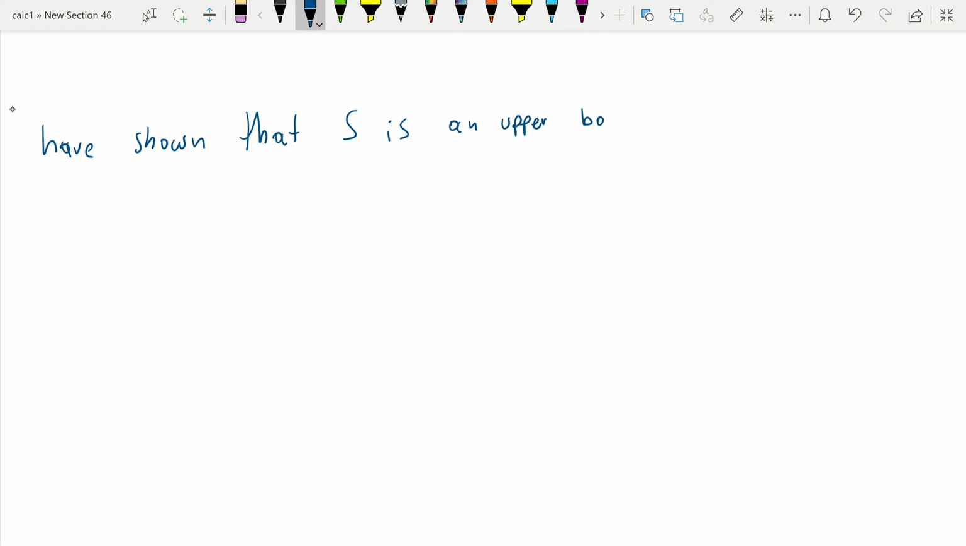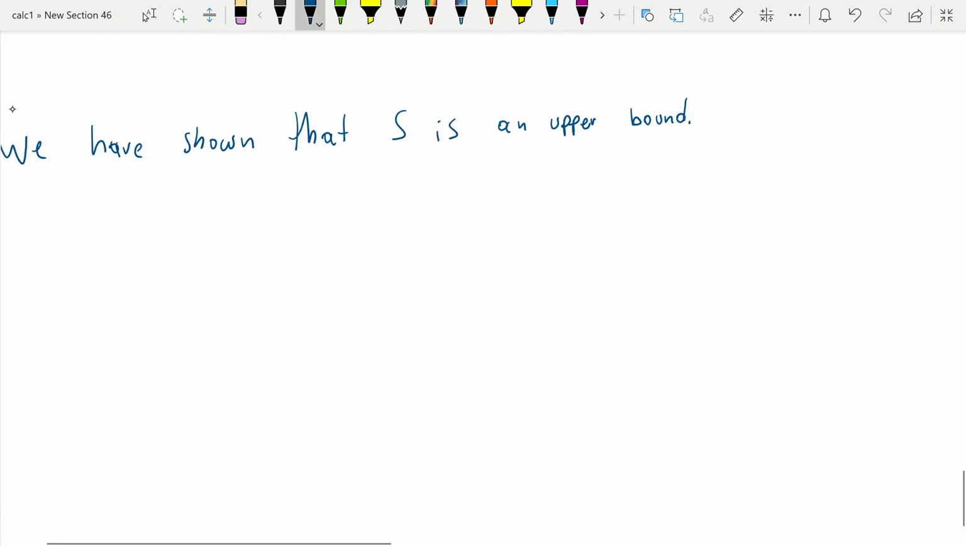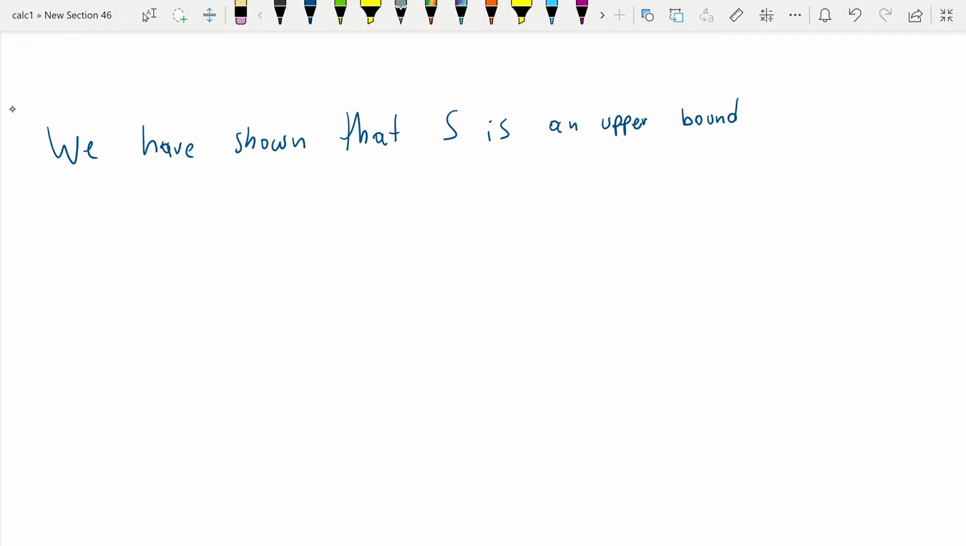It's an upper bound. And so that means that if we want to show that it's the least upper bound, we can proceed directly, or we can use the characterization of least upper bound that was given to you a while ago. We're going to go that route, and use that to show that this is in fact the least upper bound. So if you remember what the property said,